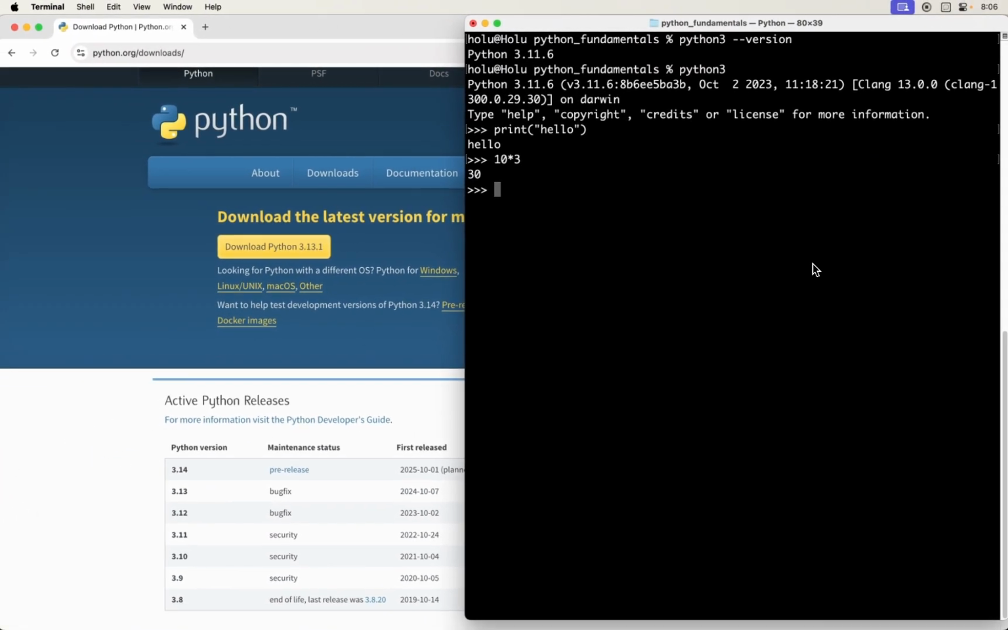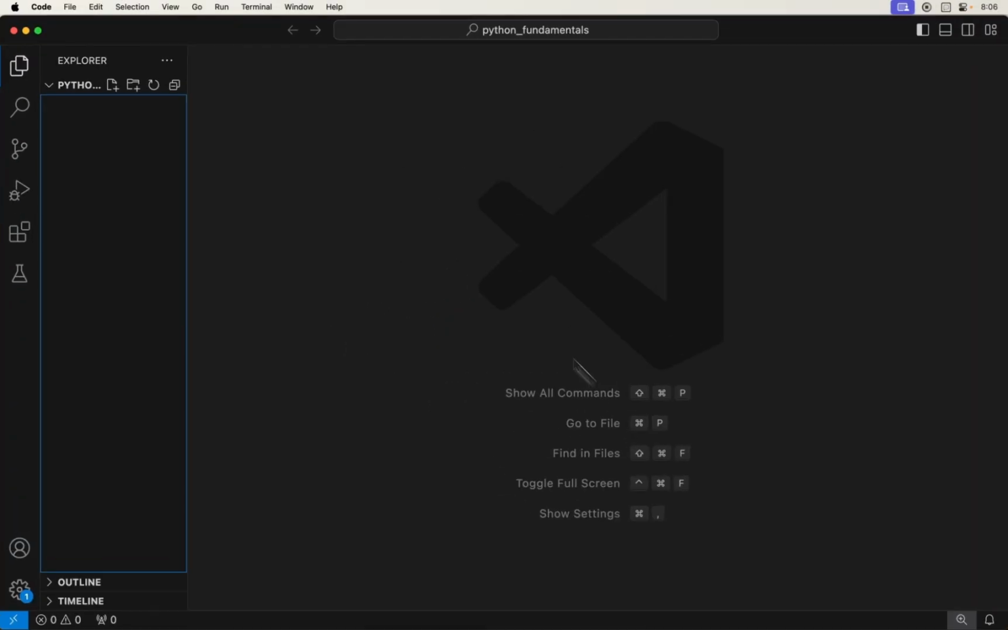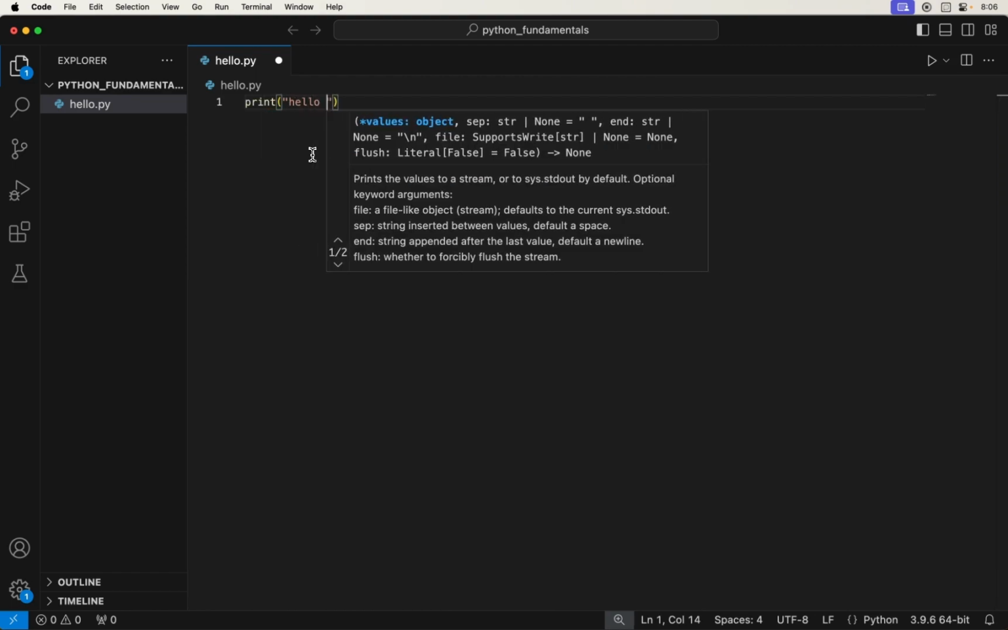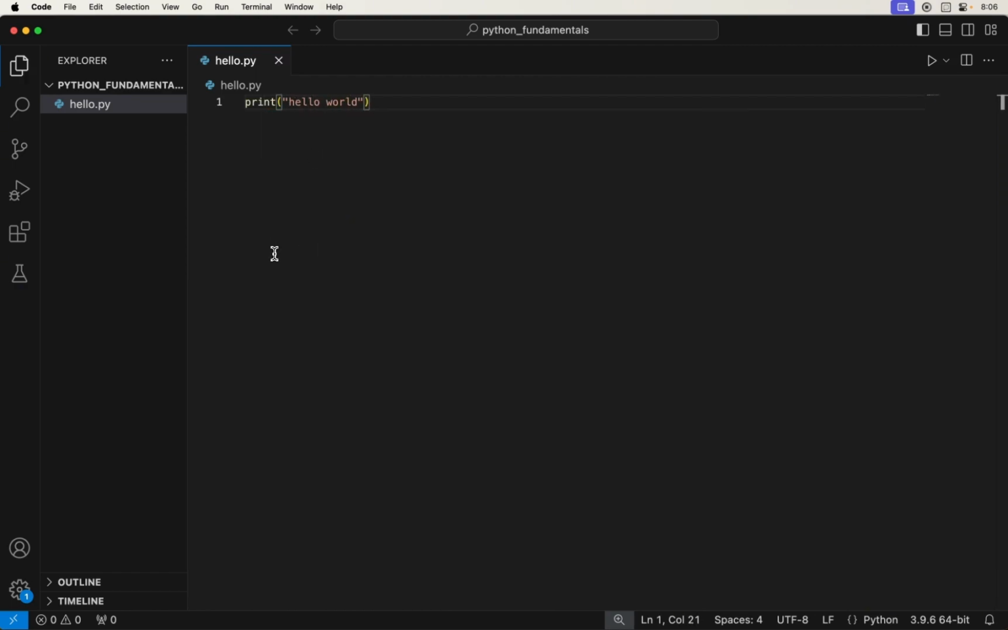So aside from using the interpreter inside the terminal, you can actually write a Python script and then run the script. You want to make a file with a .py extension, and that just tells the computer it's a Python file. And within the Python file, you can essentially write your Python code. So here, we can just write hello world. We want to save the Python file,